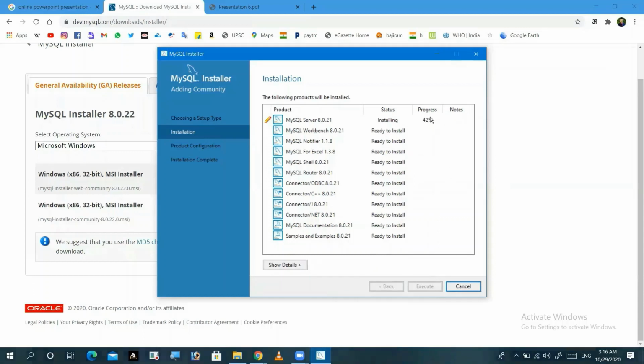Our installation is ongoing, guys. See, our installation is ongoing. The process is at 50%, 55, 80. After this, all the installation is done step by step, guys. First is the MySQL Server. After this, MySQL Workbench. Yes, first is completed. After this, second is ongoing, MySQL Workbench. So, guys, it takes 1 to 2 minutes. So I will just pause this video, and after installation, I will start again.